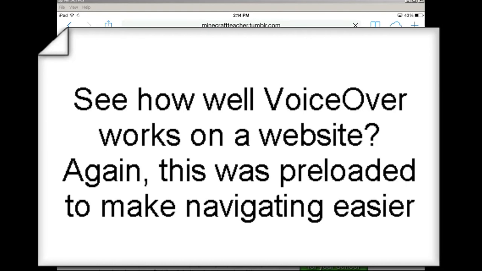hoping that you will consider helping out a truly remarkable individual and one of the unsung heroes of the Minecraft